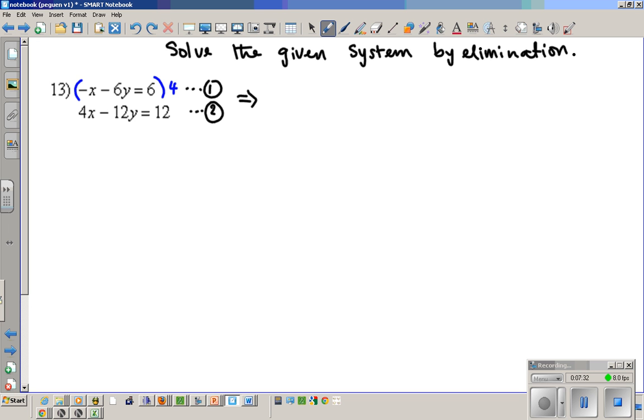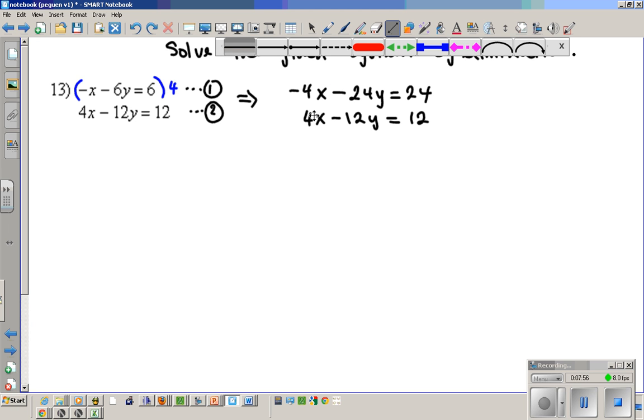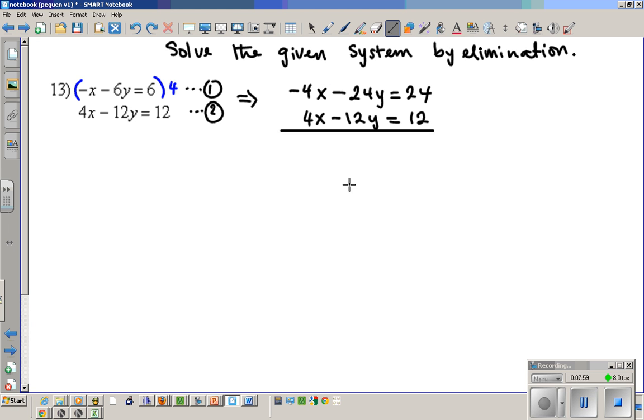So that gives me negative 4x minus 24y equals 24. And then the second one, 4x minus 12y equals 12. Alright? Since we have opposites, we just simply combine the two equations. Combine them downwards. That's what elimination is all about. Combine so you can eliminate. These two get eliminated, right? These two are eliminated. And then you're left with